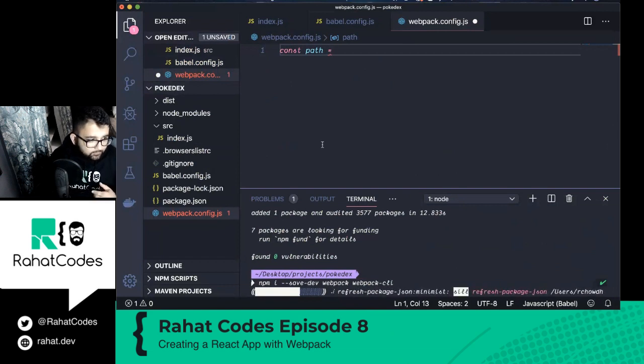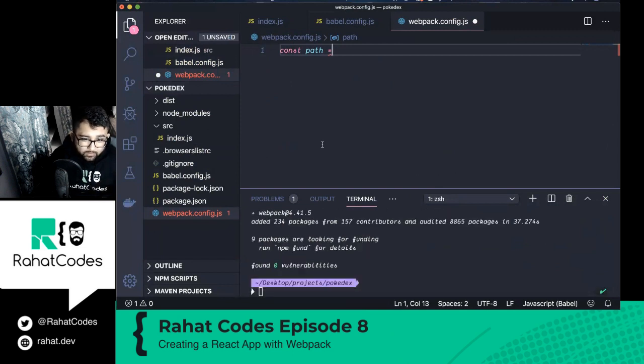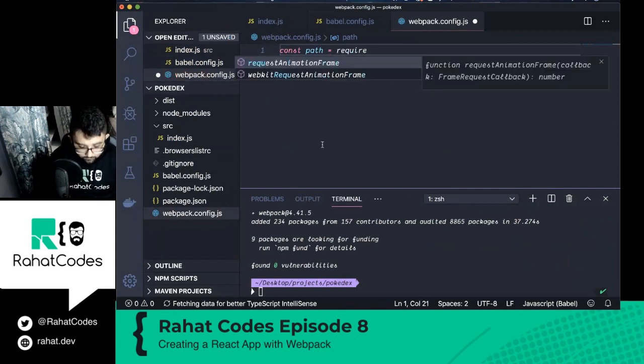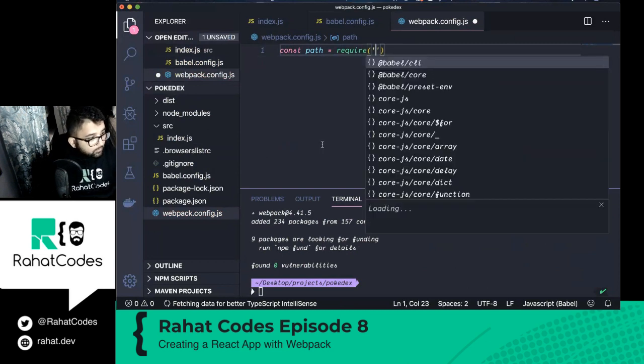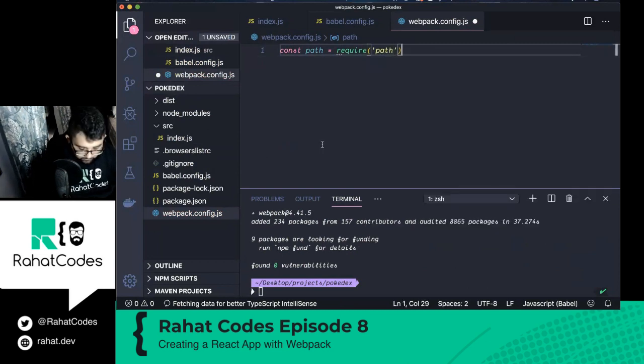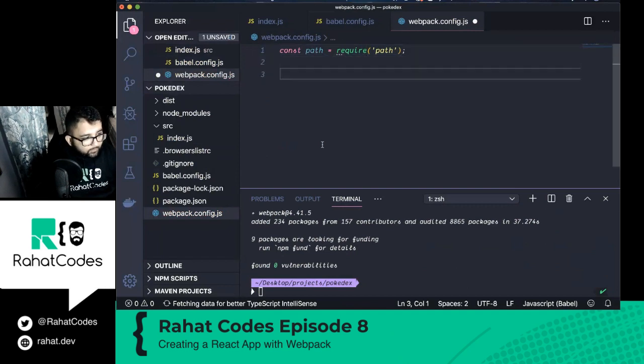We're going to need to use the path module. This is basically in Node, so we're not going to be using import statements. It's all going to be require. So const path equals require path. And it looks like we're saving the paths to our source and dist folders in variables just because we're going to be using them quite a bit. So const